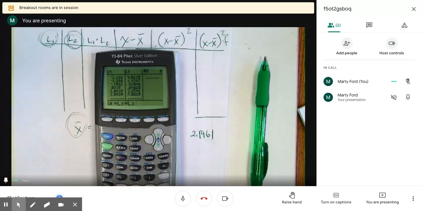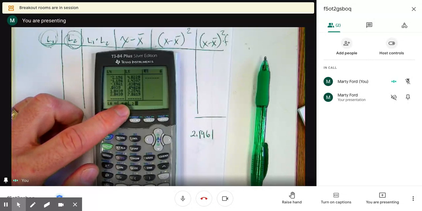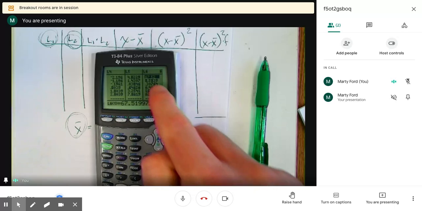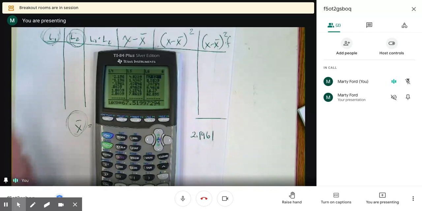Okay? So squares of deviations times the frequency. Now when I do it, you get all these numbers, okay? Well, if I add them all up, I get what we call the variance, okay? So if I add all them up,